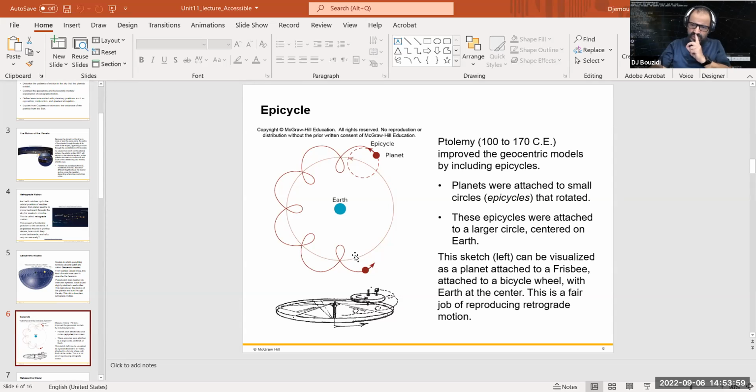One of the questions that you need to ask yourself is, is this a real retrograde or just an apparent retrograde? And the answer to this one is that this is actually a real retrograde. This is a real motion in a sense that the planet is at times moving in this direction and at some other times moving backward. If it is real, you need to tell me why the planet decides to slow down and move back and then move forward. What causes it to do so? What force causes it to do so? That is really the key in this case. If we can find a force that does that, maybe you're right. But if there is no force that causes that, then there should not be any reason for it to do this behavior. So that was the explanation, at least for the retrograde motion